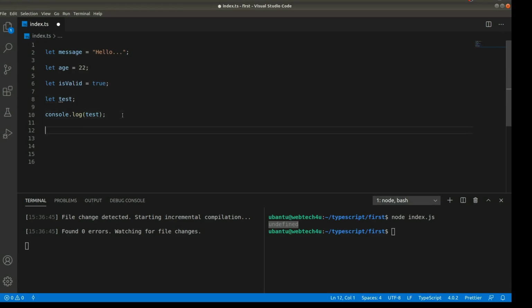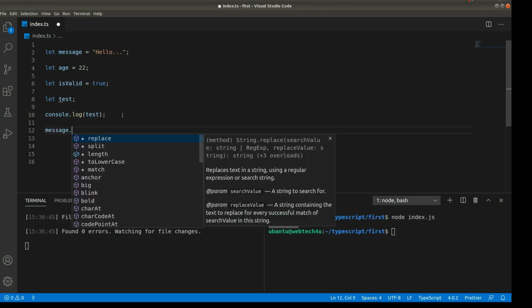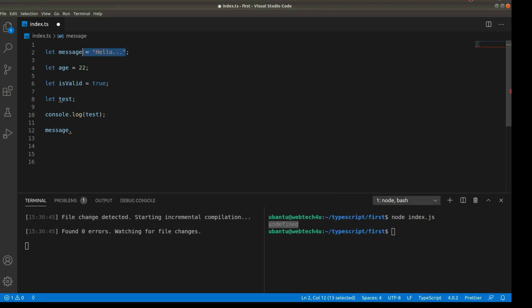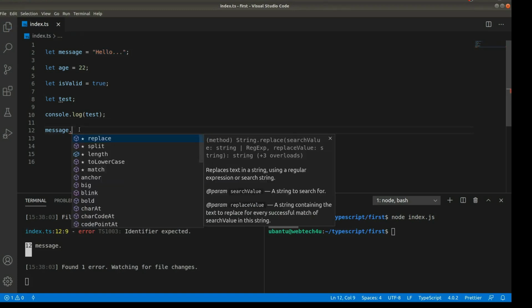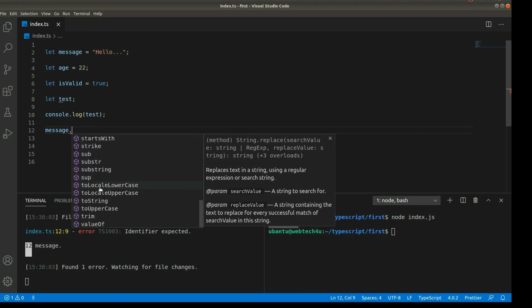And for each type, you can access the different methods associated with that type. So for string, you can access lots of methods associated with the string type. So here you can use any method. And if you remove that initialization, suppose I'm not initializing it to a value, and if I try to access the IntelliSense, here it will not show anything. But suppose I leave it as before, and here I'm trying to access the IntelliSense after the period, so I have access to all the methods available for the string type.